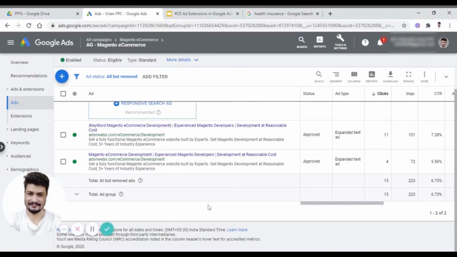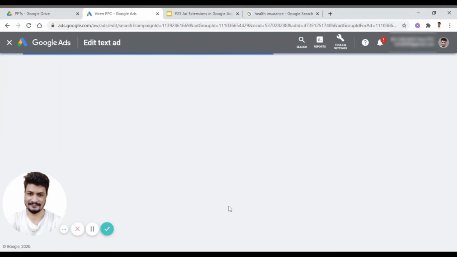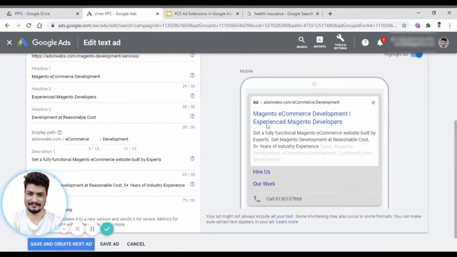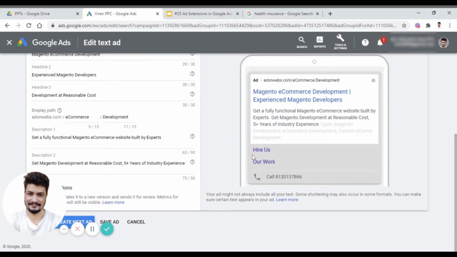Let me go back to my Google Ads account. So this is my Google Ads account, and I just click on one of my ads. These are the information which can be displayed when you are running a Google Ad. If you are not using any ad extension, then only this title and this title with this description get displayed. But if you are using ad extensions, like I am using here, two site links and one call to action and the service type. These are the ad extensions which are very helpful when you are running ads, and you can show some extra information in Google Ads.